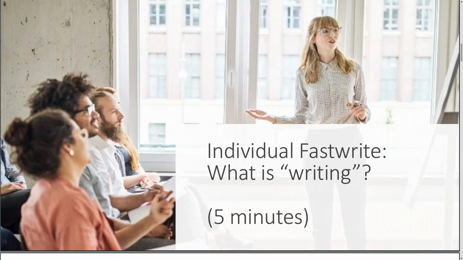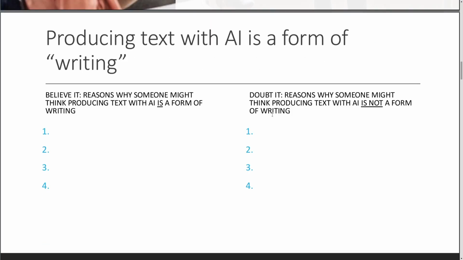If we start with this first part, I just give them a fast write. What is writing? It's a really great thing to ask in any writing course, I think, right at the beginning, first thing. Just give them 5 minutes to write a brief description of what it is, how they would define it, and so on and so forth. The first one was a review. Just give them a chance to tap into their prior knowledge about writing.